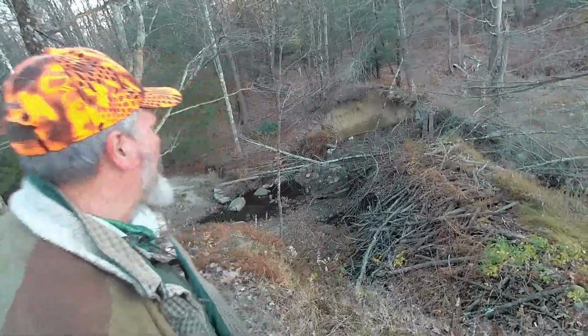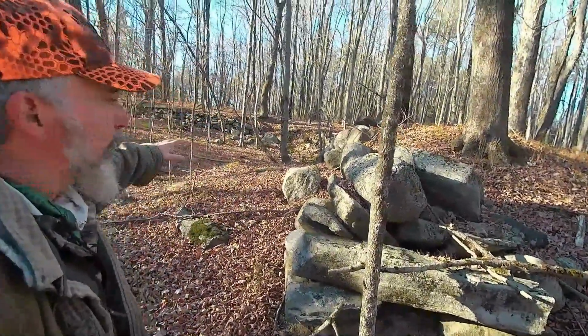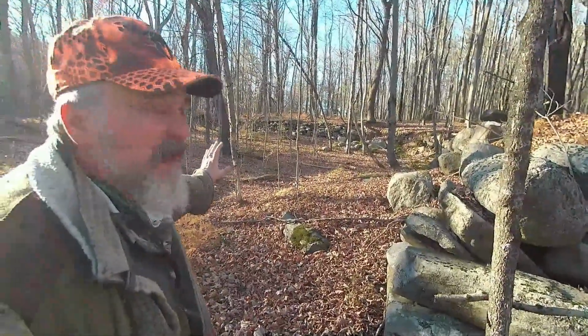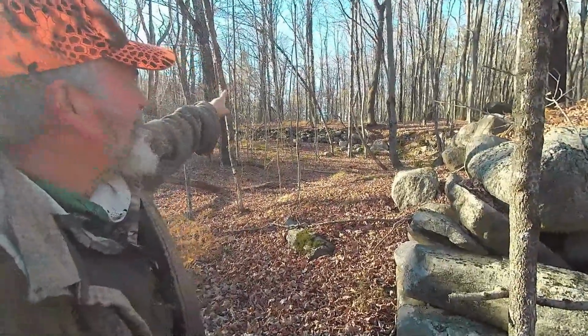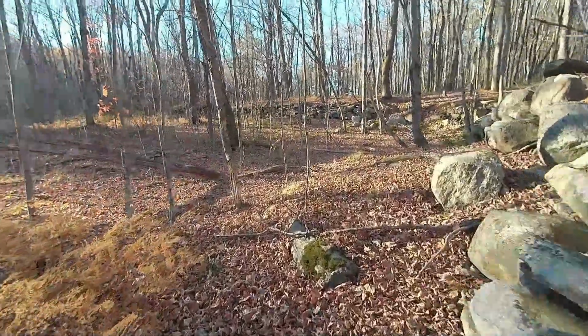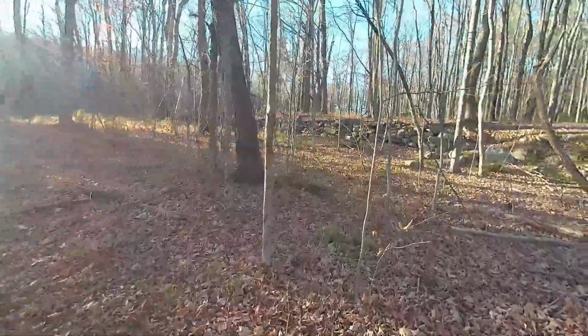the settlement back there. Behind me is that massive retaining wall and maybe cellar hole for the barn ice house operation. And I think that the ice house was actually on the top, up above the retaining wall that's directly across from me. And the reason I'm thinking that is because if you walk over here, you can see